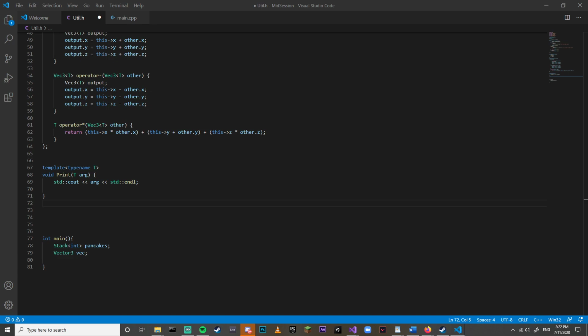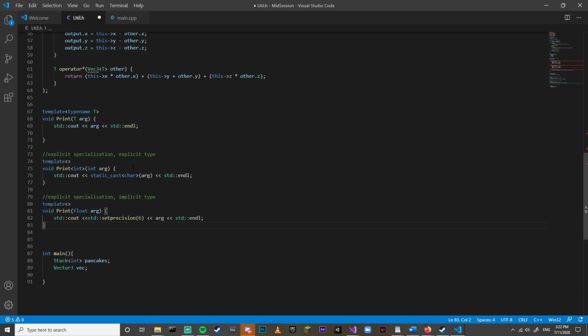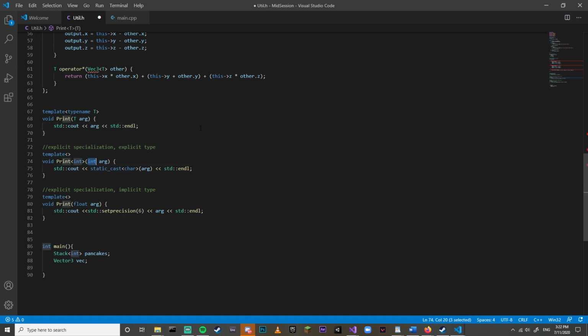So then you've got template specialization. When you've got a template already created, like that's defined up here, you can add other versions of that template if they do different things with different types, and then only have to define those types rather than the whole thing. I think I already talked about that, but